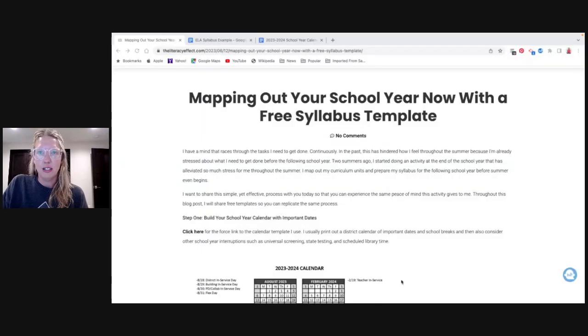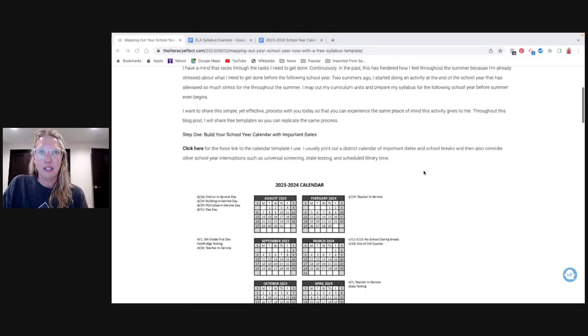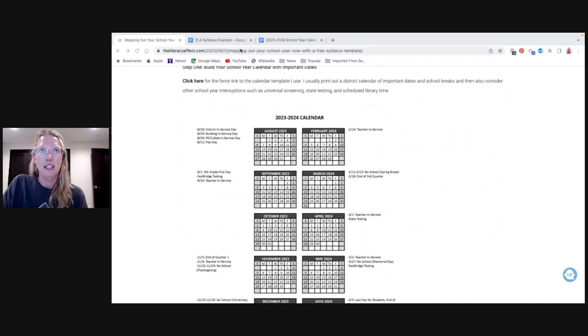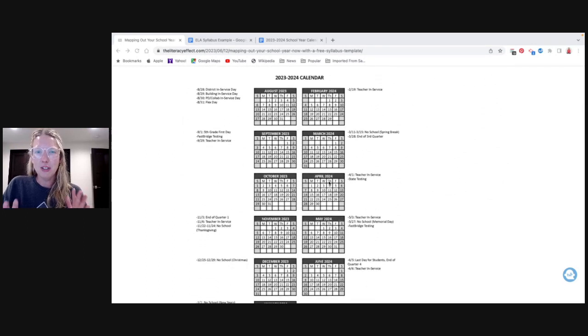I'm going to just start at the top, and the very first thing is in the blog post there is a link that says click here, and it'll ask you to make a copy of this Google Calendar that you see. My brain just really likes the look of this calendar. So what I did is I just printed out important dates for my school year and I just inputted those dates into each month. So things to think about as you're thinking about what's going to impact your instruction are